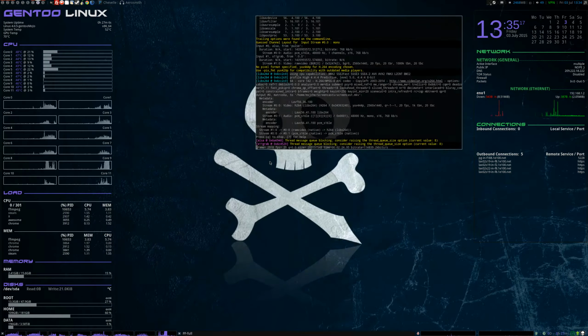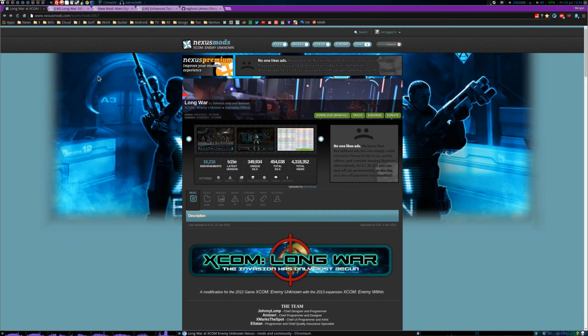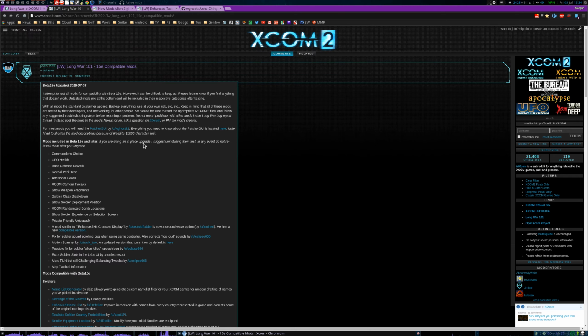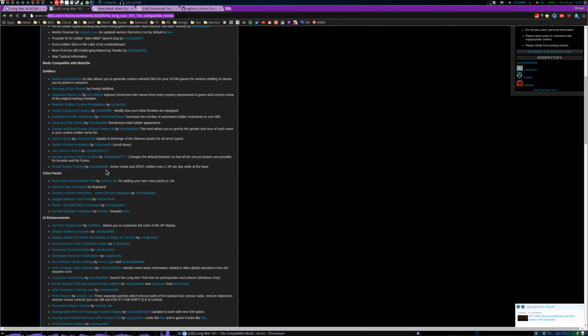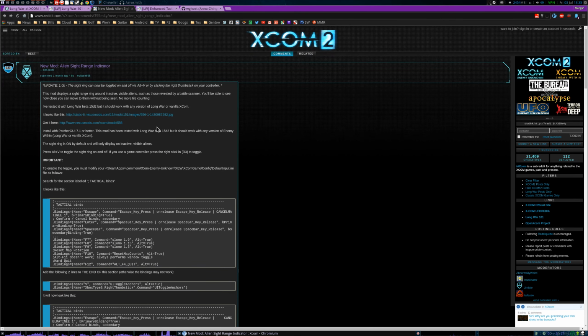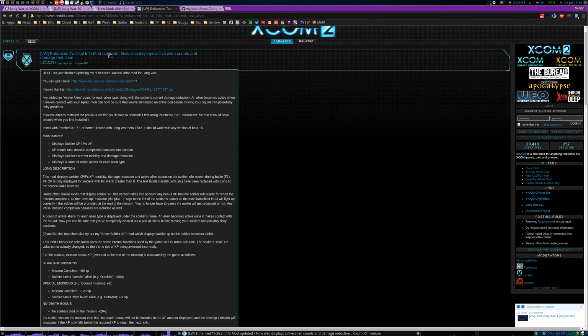But anyways, so what we'll be looking at here is, of course, this is the Long War page. I'll put all the URLs in the description. But if you go to this, and this will be another, I don't know if you can see that, but this will be another link in the description. But these are the compatible mods for Beta 15e. And ones we'll be using is the Sightline, what I told you, as well as the enhanced tactical info. So what we need to do first is